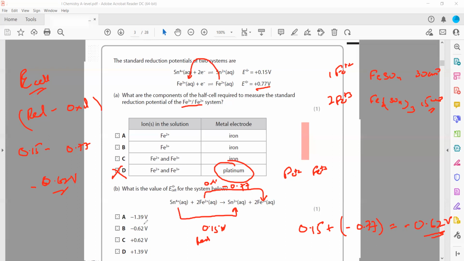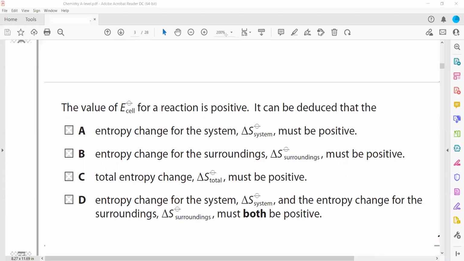So when we substitute, we'll get 0.15 minus 0.77, which is minus 0.62 volts. So a negative cell voltage means it does not happen, it does not occur. In this question, the electrode potential of a cell is positive. It can be deduced. So what we can deduce about this, we know the electrode potential of a cell